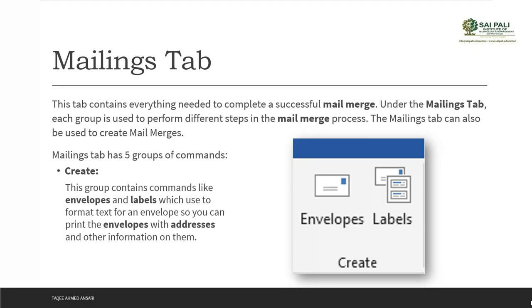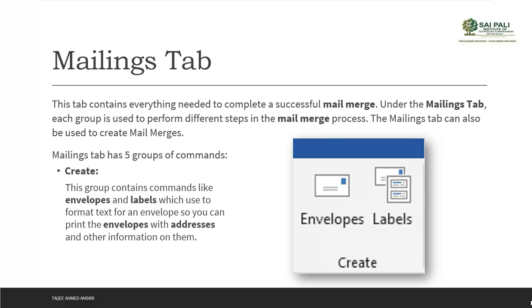Word allows us to use the mail merge option. Instead of typing 100 or 200 different letters with different names and addresses, we can create a mail merge process and use a single letter, adding those multiple names and addresses to it. So when we print out those letters for mailing, we get letters with different addresses, names and many more things. This tab helps us do all the things related to mail merge.